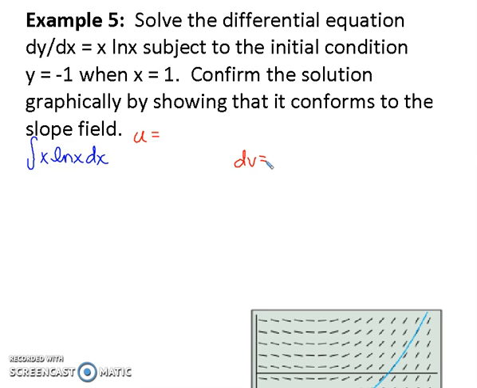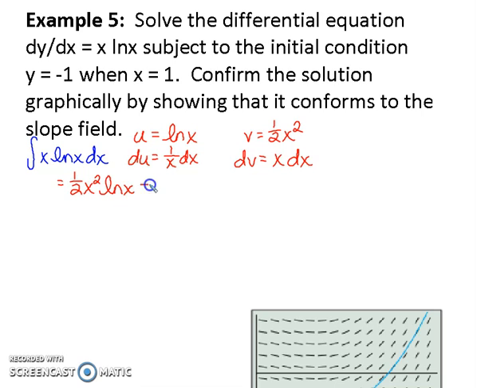But again, I don't know how to integrate ln of x. So that means ln of x needs to be my u, and so x dx would be my dv. So du, the derivative of ln of x, is 1 over x dx, and the integral of x is 1/2 x squared. So that gives me u times v would be 1/2 x squared ln of x minus the integral of v